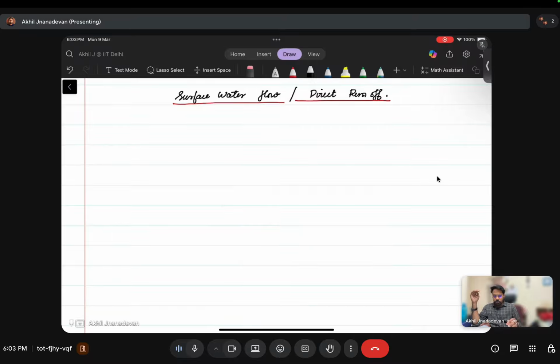precipitation that moves through the catchment. I hope you already know what a catchment is; we have taken it multiple times in our lectures, and if anyone is new, you can go back to the lectures where we covered in detail what a catchment is. The precipitation that falls on the catchment gets divided or distributed into different parts. Some goes to infiltration, and some goes to satisfying the storages, like depression storages and interception storages. These are all filled,